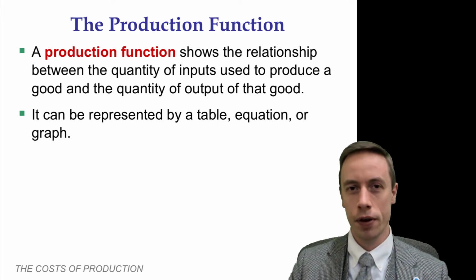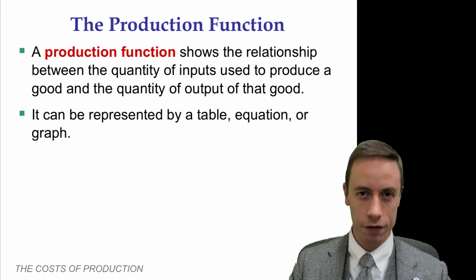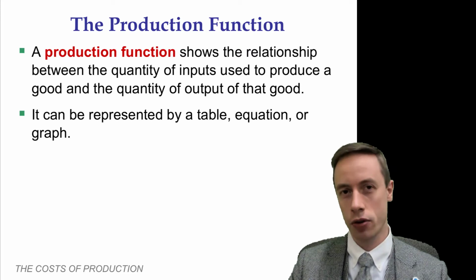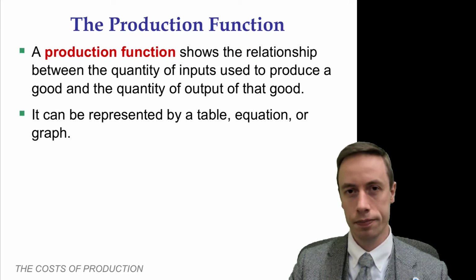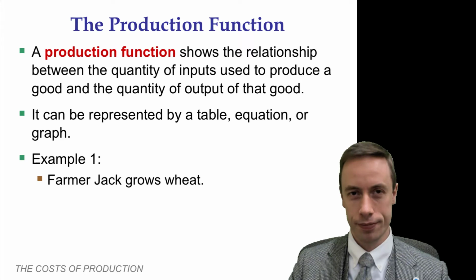For example, think about the production function of making a car. There are thousands of discrete items that go into that vehicle, in addition to the machinery and labor that's needed to assemble it. But here's the example we'll be working with for the next couple of minutes. Let's talk about Farmer Jack. He grows wheat,